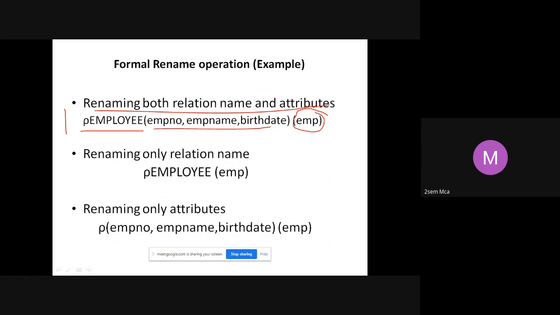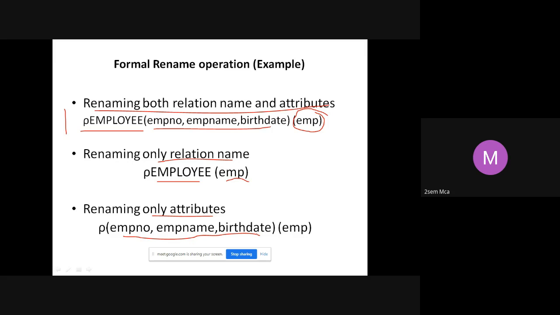Here I am renaming only the relation name. So I don't bring in the attributes at all, which is understood to mean that the attributes will remain the same. Rho, old table name, new table name. That is renaming only the table name. I am not renaming anything else. So the employee table name will now become EMP. Next, renaming only the attributes: EMP number, EMP name, and birth date.